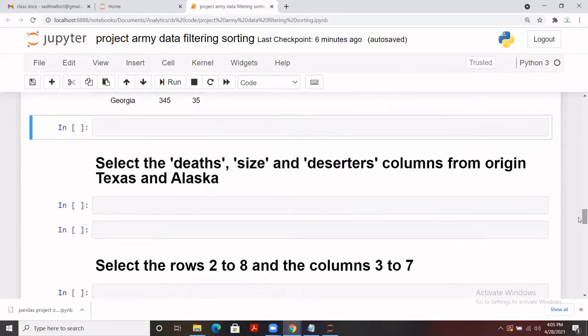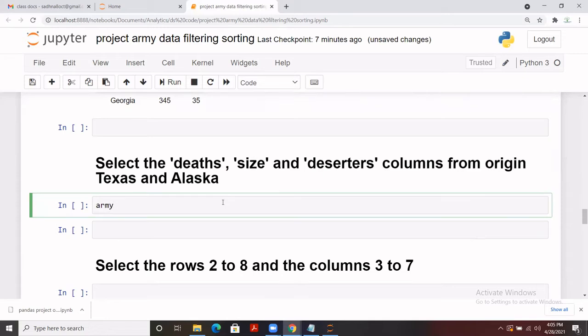And now the next one is basically to select the deaths, size, and deserters columns from origin, Texas and Alaska. It means two specific indexes we need to select, that is Texas and Alaska, and three specific columns are required to get this output: deaths, size, and deserters. So how are we going to write it? Let me write the loc here.